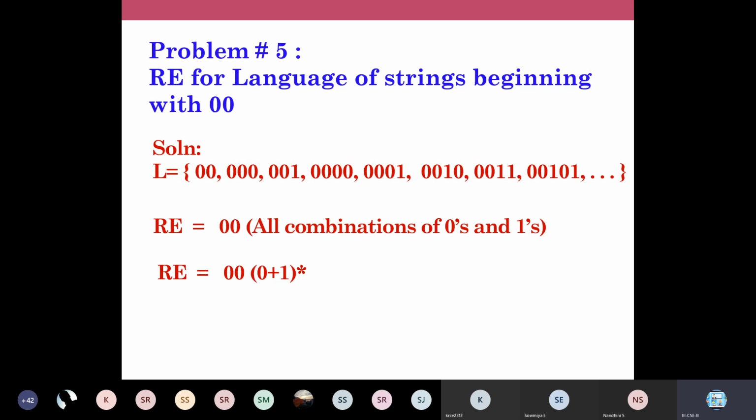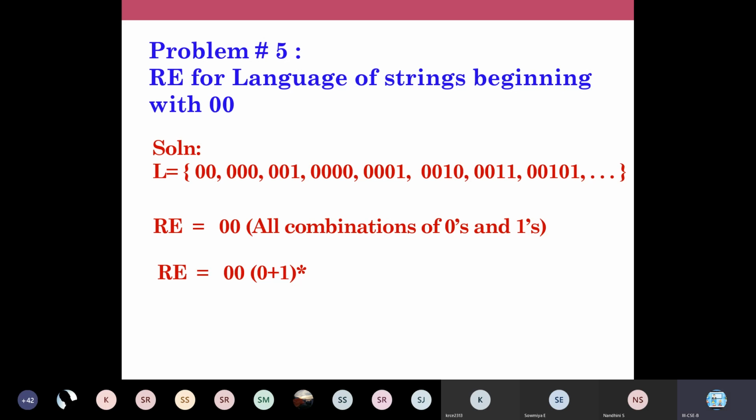So the regular expression is going to be this: the first 2 zeros are going to be static. The occurrence of the first 2 zeros is static. All the strings must have 0, 0. So write that with confidence in your final answer. 0, 0 will come in the beginning, so write that 0, 0 straight away. And then after 0, 0, what should come? After 0, 0, you must have all combinations of zeros and ones.